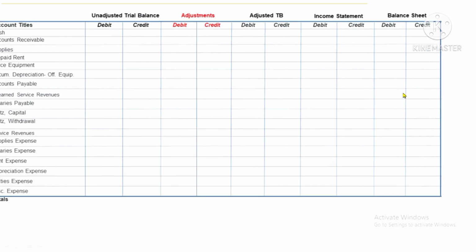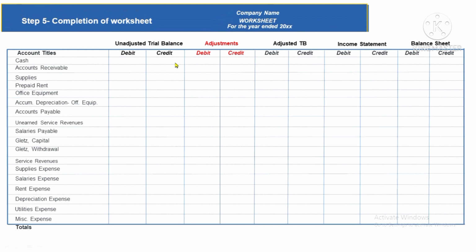Welcome to video number 6. In the last video, we talked about adjusting entries, the accruals, deferrals, and bad debts expense, as well as depreciation. But why do we need to know about those? Because we need to plot it right here, the third and the fourth columns of the worksheet. So in this episode, let's complete this worksheet by answering the illustrative problem that was introduced in episode 2